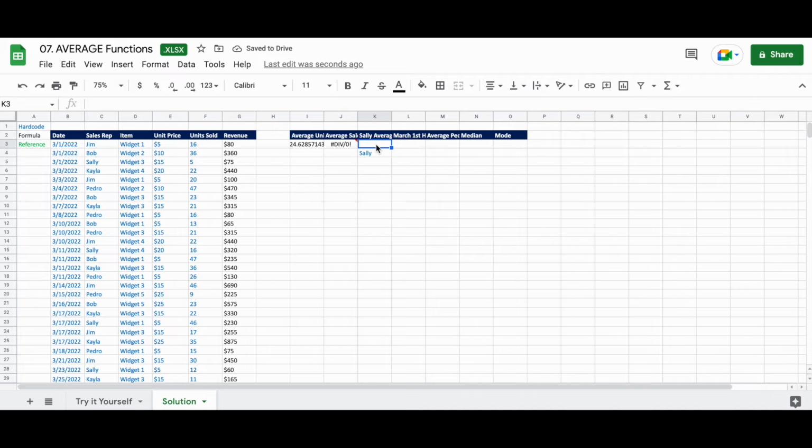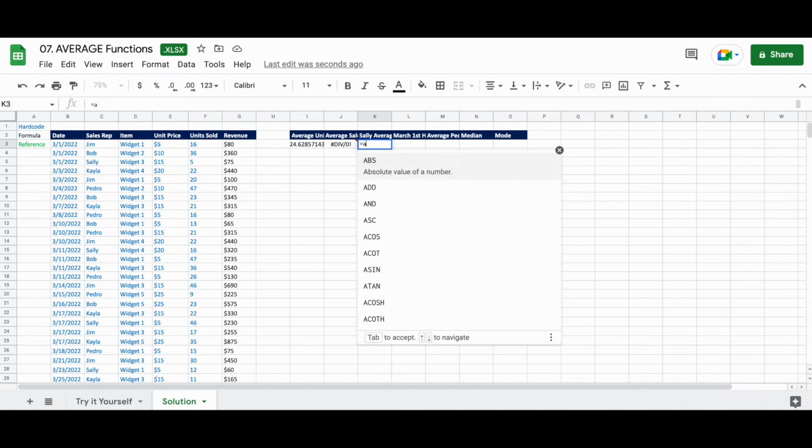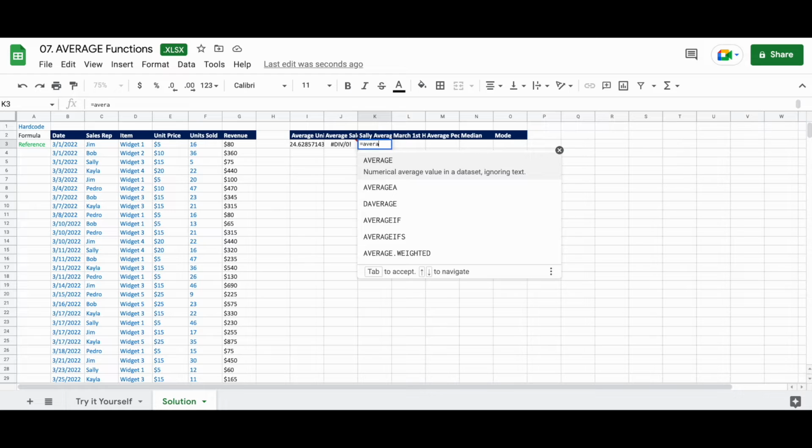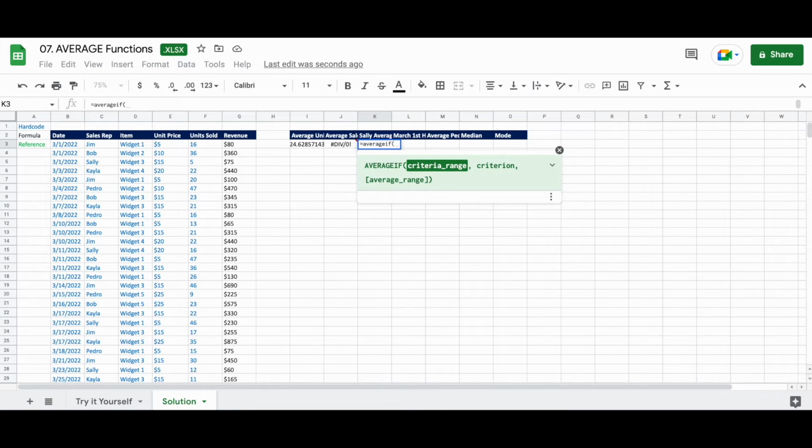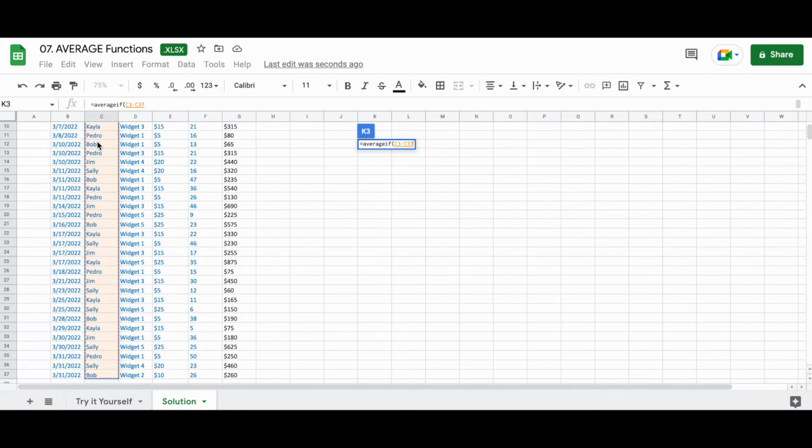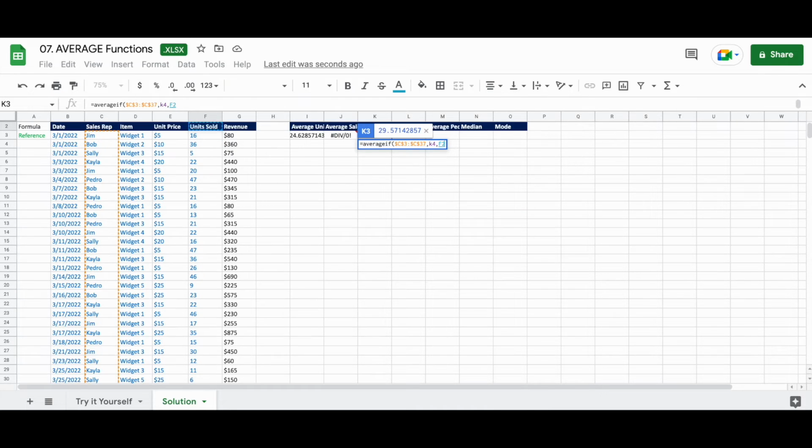So now we're going to do equals average if, open parentheses. First we're going to select our criteria range. So we're going to go C3 down to C37, and we can go ahead and lock that in. Then our criteria is going to be K4, which is where we typed Sally earlier. Then comma, the range that we want to average is going to be F3 through F37.